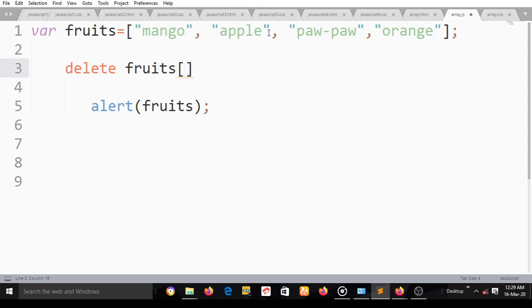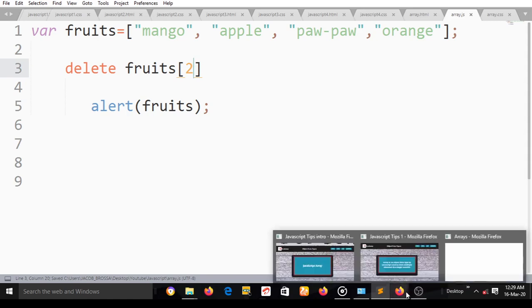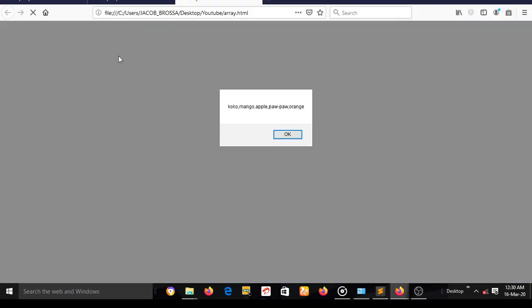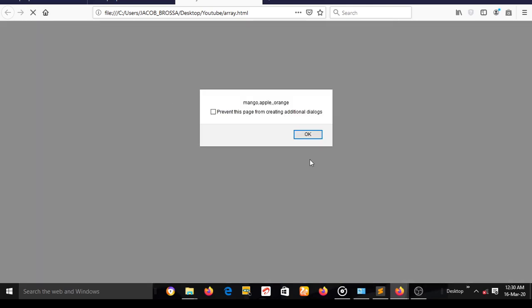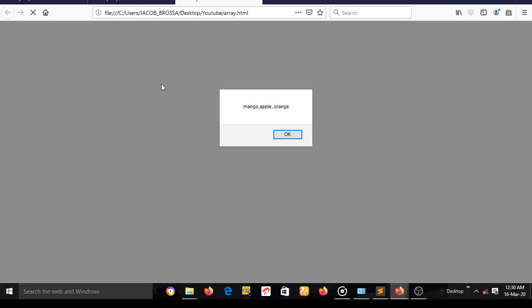This is 0, 1, 2. Let's say I want to remove purple. I'll come here and put 2. Now when I save and go back to my browser and reload, you would notice that purple will no longer be on my list. So you can see it has actually removed purple from the list, although it created an